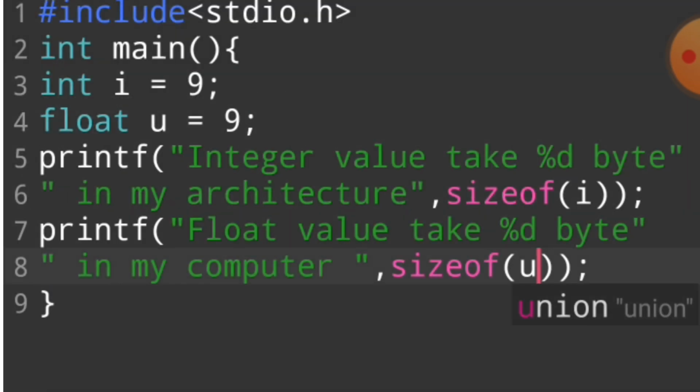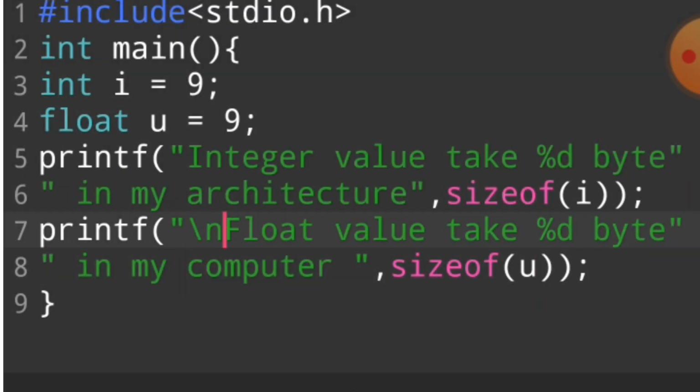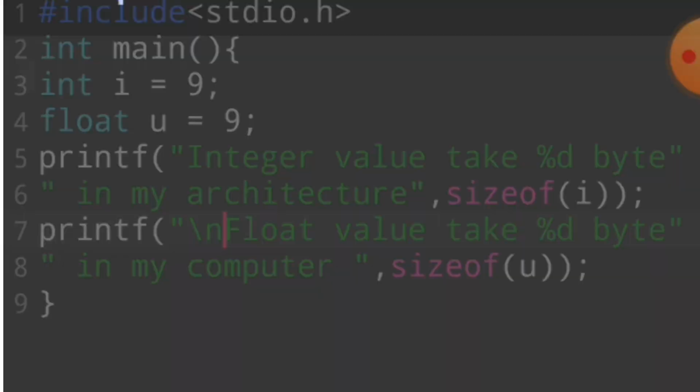We use \n for the next line, and then if we run this program, see what happens.